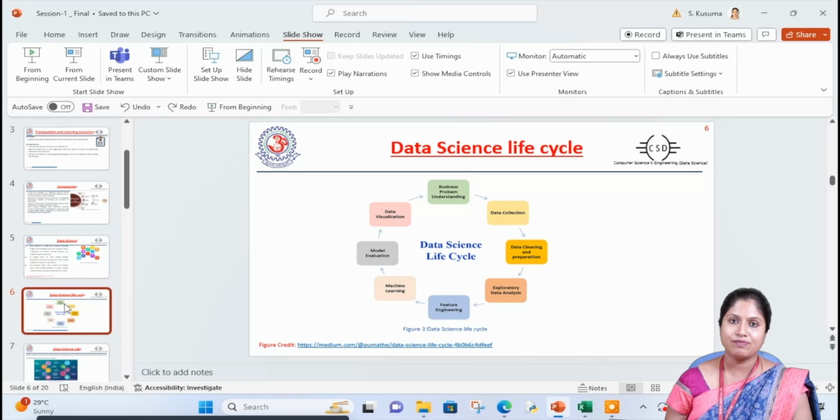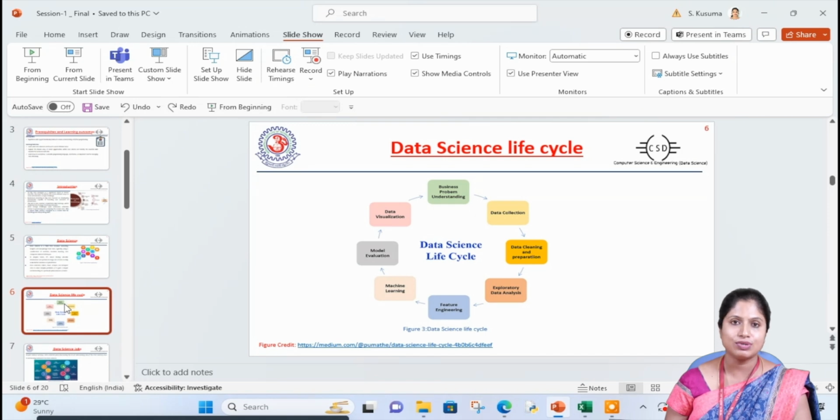Next, after that, we do some analysis on that data. Then we go with feature engineering. What are the important features we require for interpretation? When many features are available, and a few features are not giving any meaning to the model I'm going to generate, in that case I can eliminate those features from the data. Next, we can also implement